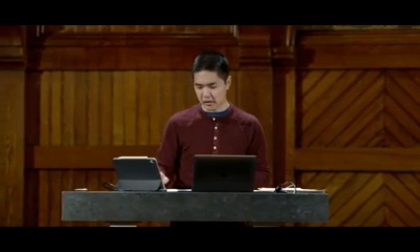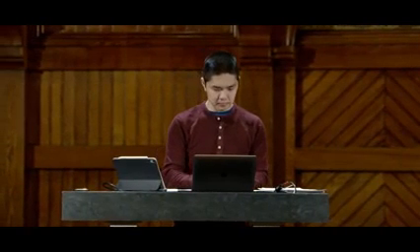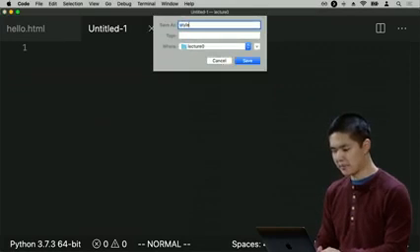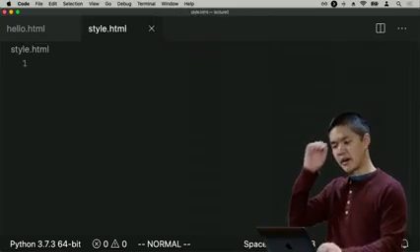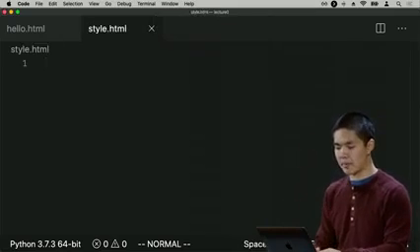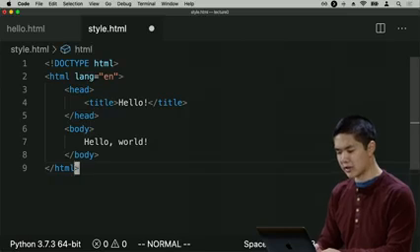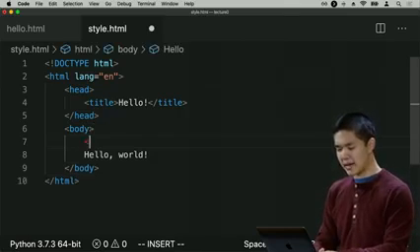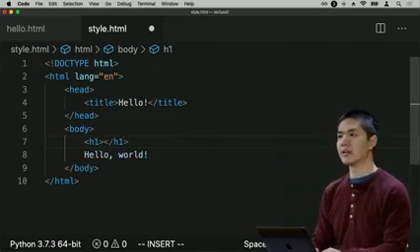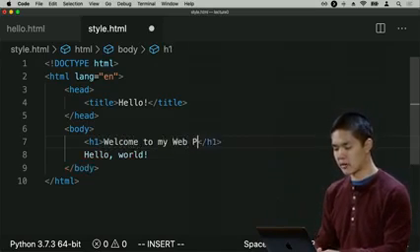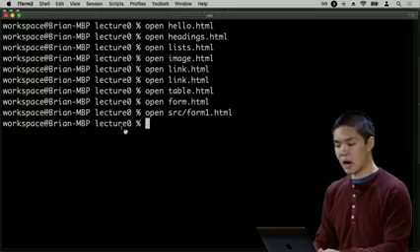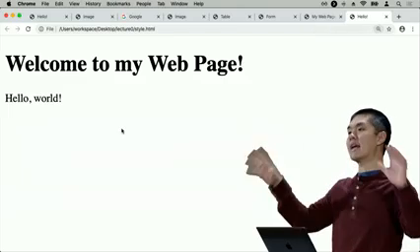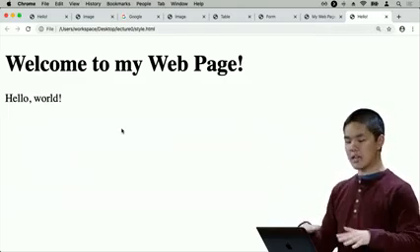So let's take a look at a simple example now of how we can add some CSS code to our page. I'll go ahead and create a new file that I'll call style.html, just to demonstrate some basic ideas of adding some style to our page. And we'll go ahead and copy the same hello.html from before. And maybe in addition to hello world, I display an h1, some big heading at the top that says, like, welcome to my web page, for example. So now if I open up style.html, this is what I see. I see a big heading at the top that says, welcome to my web page,